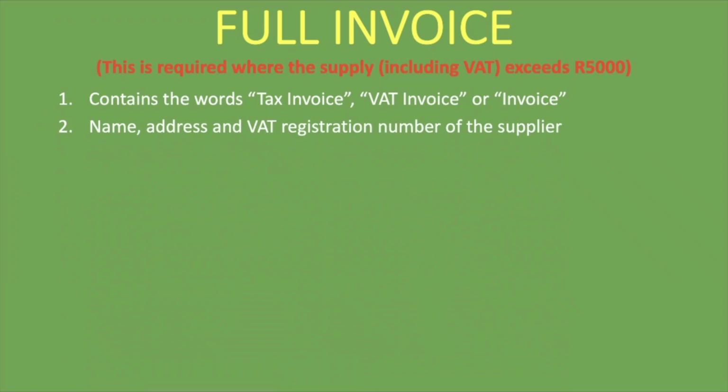The second requirement here is that the name, address, and VAT registration number of the supplier needs to be on the invoice. Okay, so if your supplier is giving you the invoice and you can see their name is there, their address is there, but their VAT registration number is not there, you need to ask your supplier to correct that. All right, you need an invoice with their VAT registration number as well, because you can't use that invoice